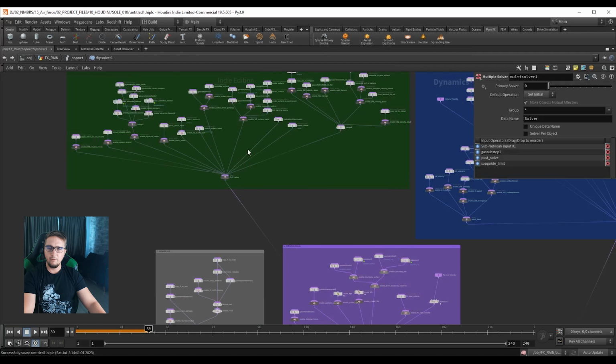So all of these nodes together are what's actually telling the flip solver how to solve our particles, and we can see that it's really a huge network and you won't probably ever have to deal with this. So let's go up and press Ctrl B. We can see that Houdini gives us the main settings that we have to worry about. In all of these tabs, these are the settings that you will adjust to modify the way your particles